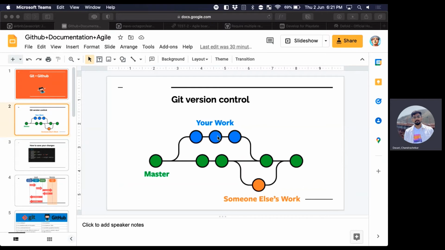So the master branch is updated with whatever changes that you made. So this way, multiple people can work on it simultaneously and still stay updated with everyone else's work. So you're not confusing code bases. You don't have to email someone, like, this new JavaScript file I just added in, just make sure you're synced up. You don't have to do any of that. So that's the purpose of Git.